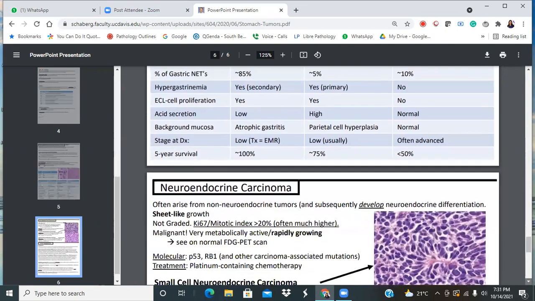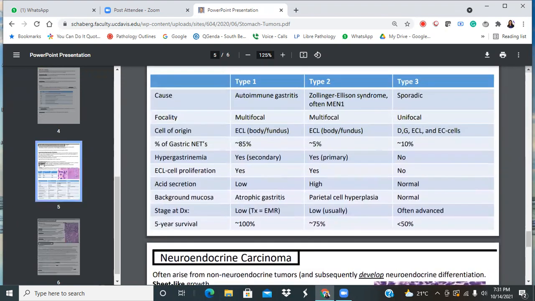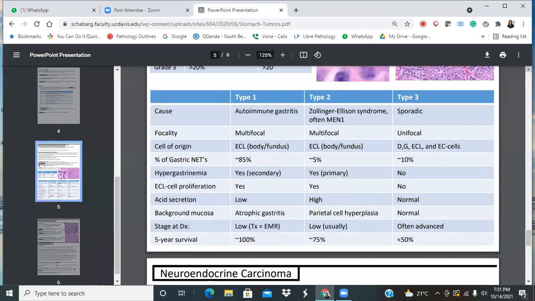So have you seen the type 3 one? I'm guessing if everything looks normal in the background, then it's just your finding of those neuroendocrine cells that you're relying on, right? Absolutely. And this is the same thing as part of your checklist in the stomach: when I'm telling you to look at the lamina propria and look at the submucosa, it is to look for tumors.